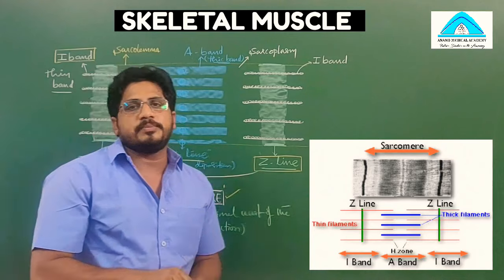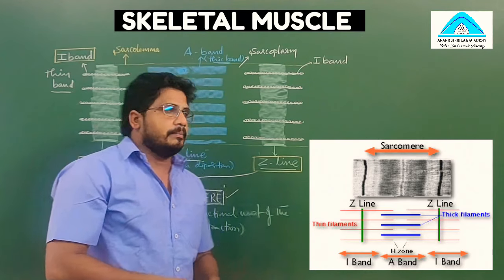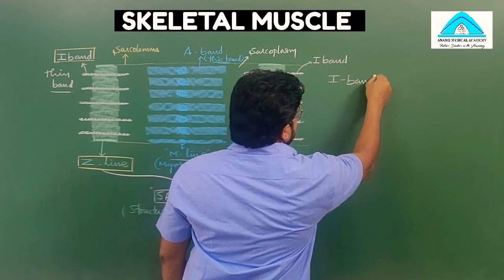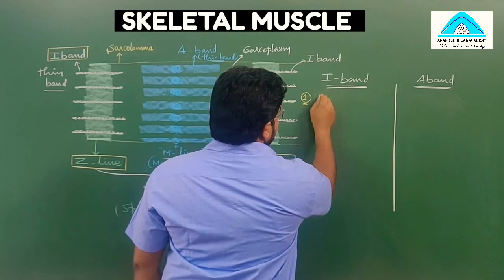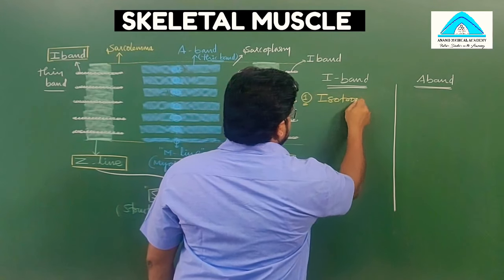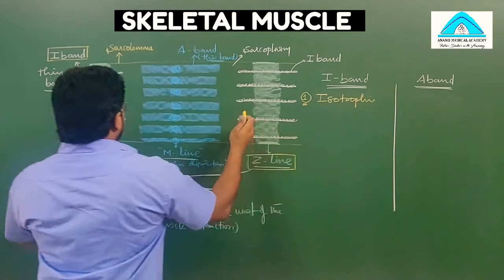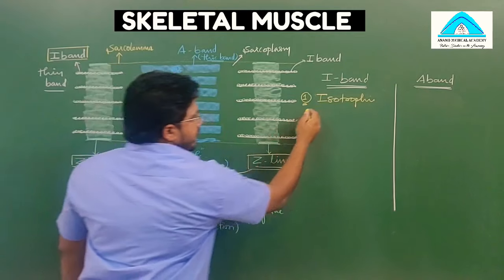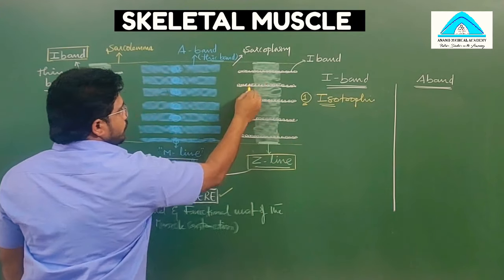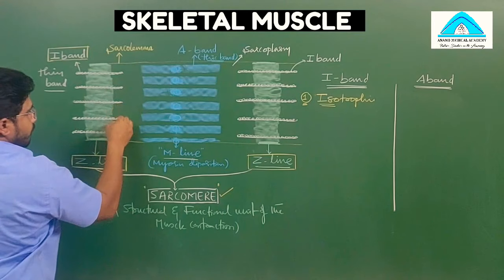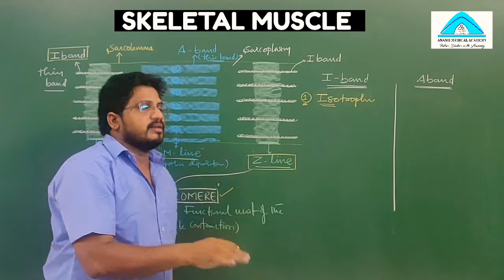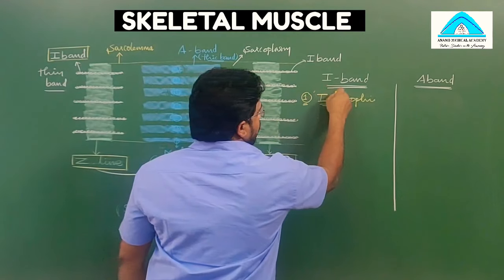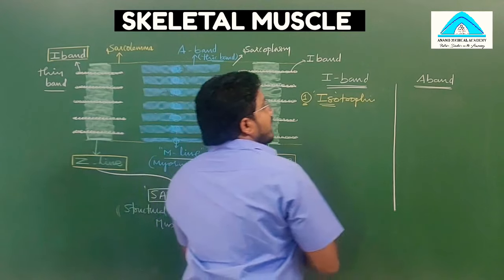If you observe the differences between I band and A band, you will get complete clarity. Let me explain. First one is the I band. I means isotropic band. In the sarcomere they are present on both sides, or they exist in pairs. Iso means equal. 1, 2, 3, 4, 5 and 1, 2, 3, 4, 5. Don't think that the number is always 5; in this picture they are 5 and 5. They are pairs, so it is called iso. The A bands are unpaired. That's why they are called aniso.